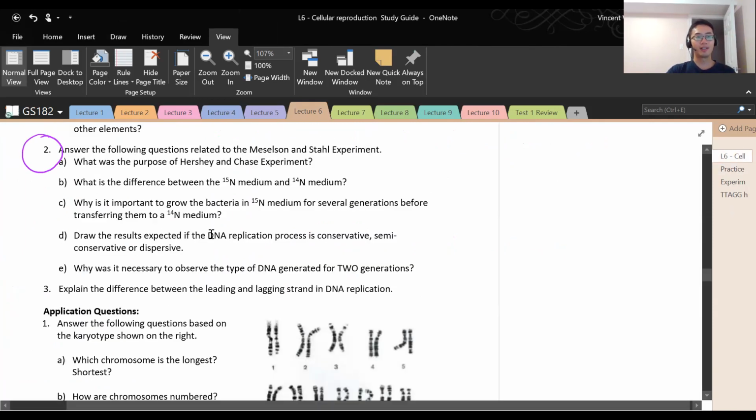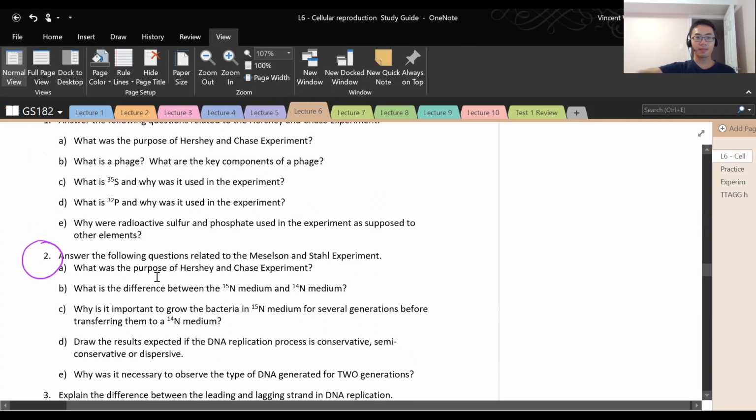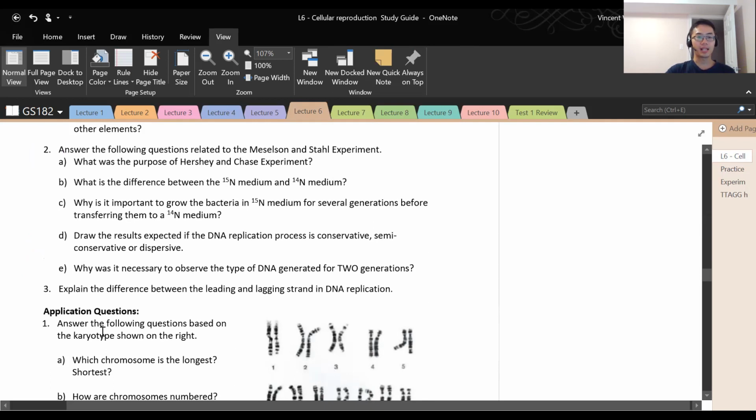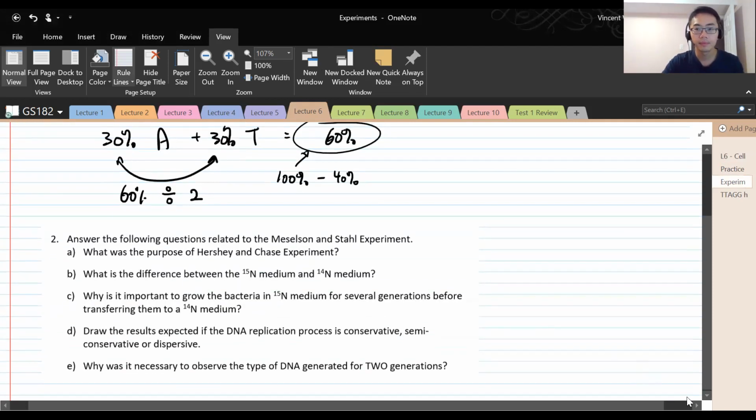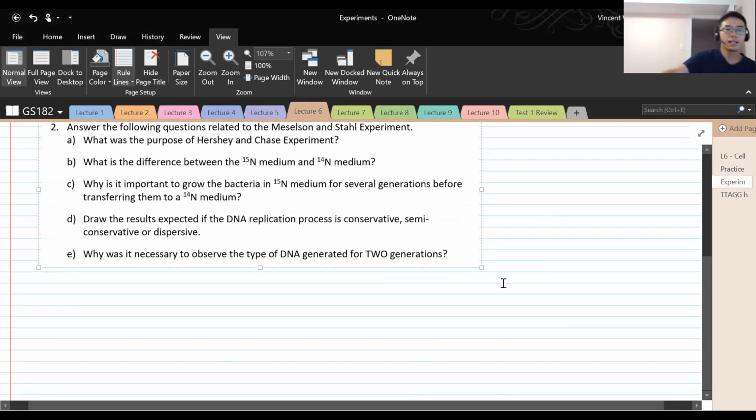Let's go back to this very exciting question. Answer the following questions related to Meselson and Stahl's experiment. I'm going to copy this and put it on a new page. Answer the following questions related to Meselson and Stahl's experiment. What is the purpose of the experiment? Okay. So I can write down for you the purpose